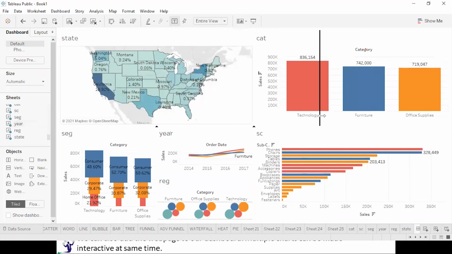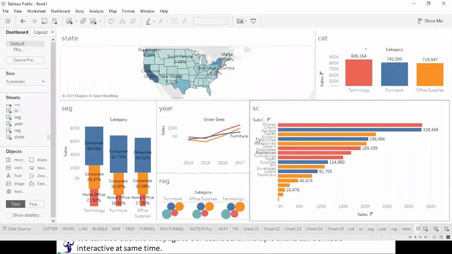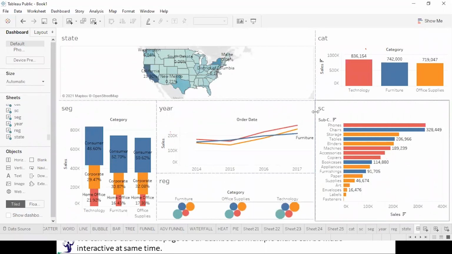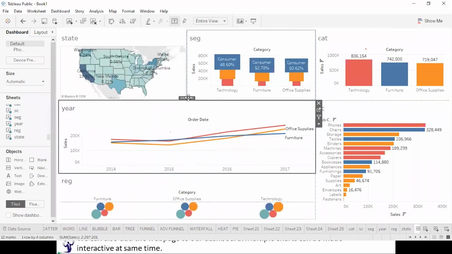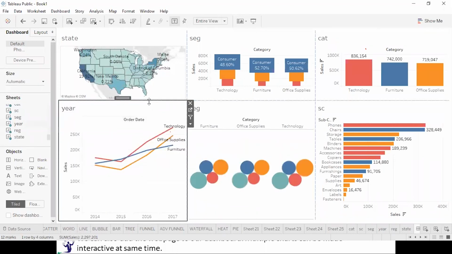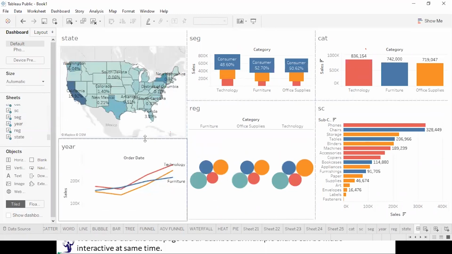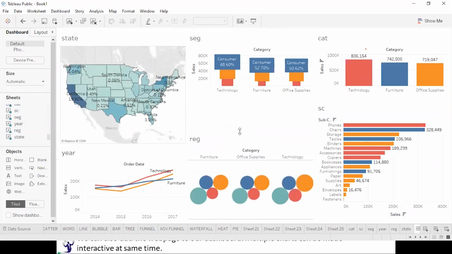Let me put it here, and let me put it over here, and let me put it over here. Let's reduce the size of this, and let me reduce the size of this as well.